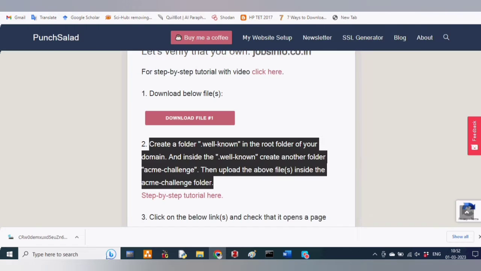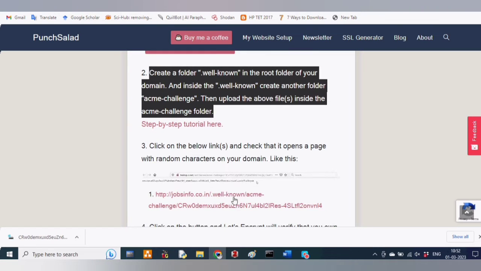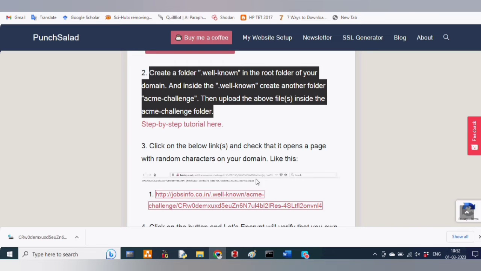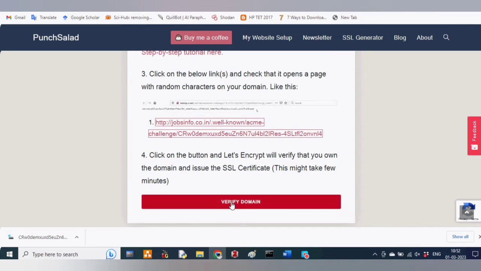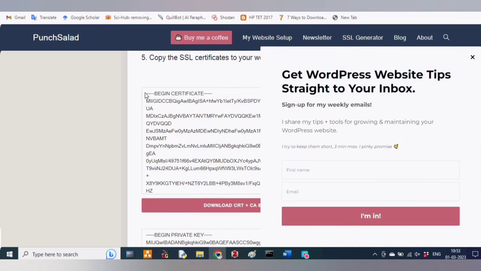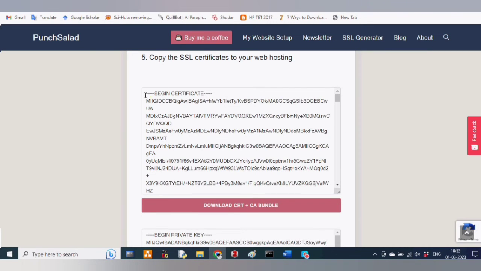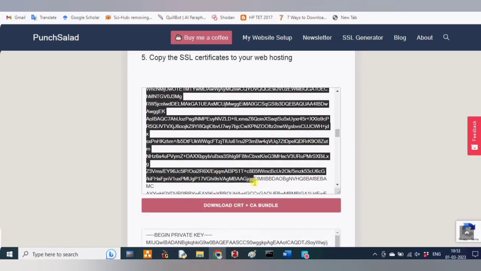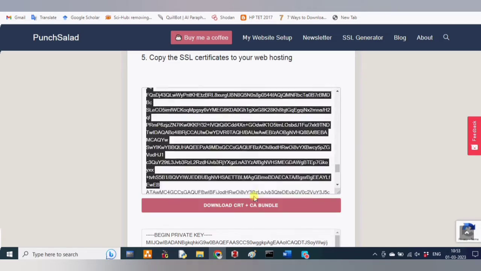for uploading the same. The next step is to verify whether the file is uploaded to the right folder or not. This can be checked through the link provided on the certification site. Then just click verify domain and you will get the certificate plus CA bundle